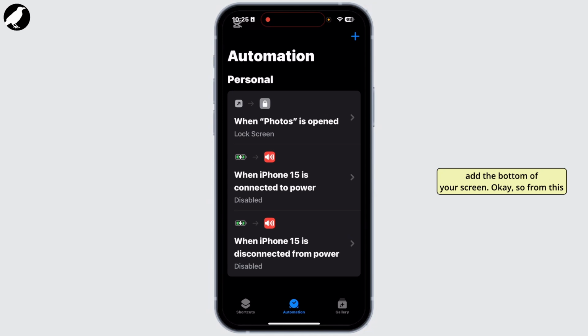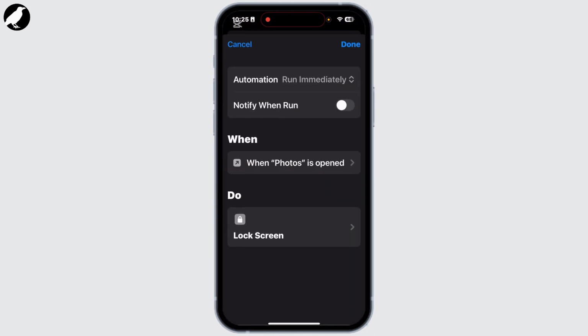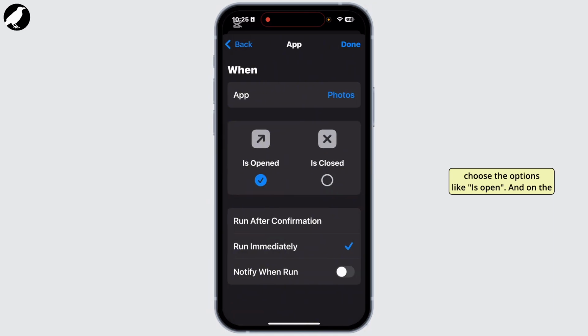From this automation section you'll have to go with the option Photos, so simply tap on this Home Photos. From here you'll have to go to the option Home, and from this section you'll have to choose the option like is open, and on the other hand you'll have to choose the option like run immediately. After you make the changes from here, you'll have to just click on the done option